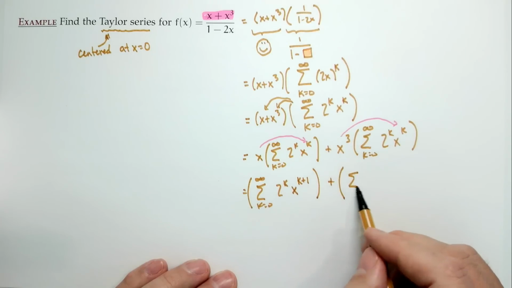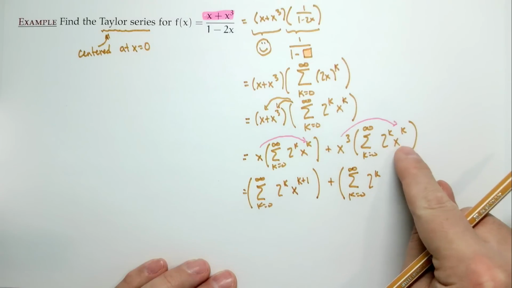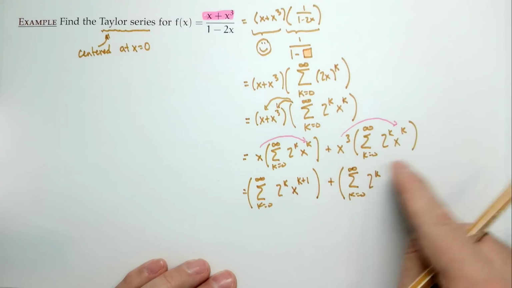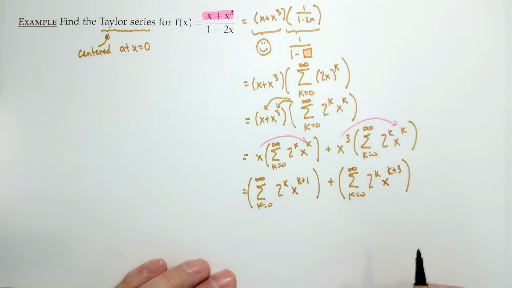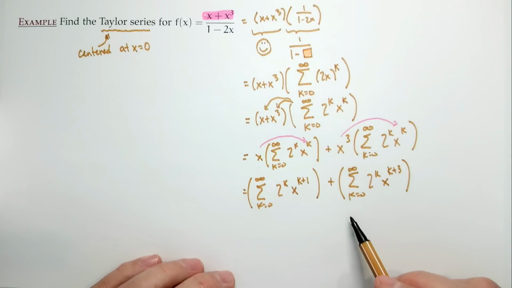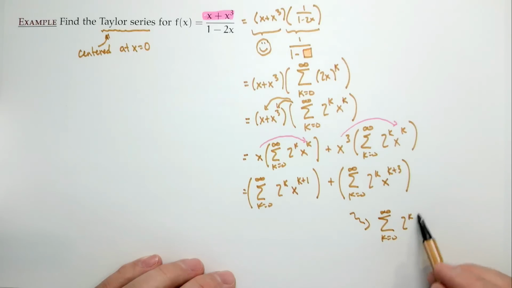Plus the sum from 0 to infinity, 2 to the k. Here, there's k x's. I'm bringing 3 more x's in. So there's k plus 3 x's, which means x to the power k plus 3. Now, one thing I could do at this point is say, look, can't we just rewrite this as a single sum from 0 to infinity of 2 to the k times x to the k plus 1 plus x to the k plus 3? Is this true? And the answer is, it's true,